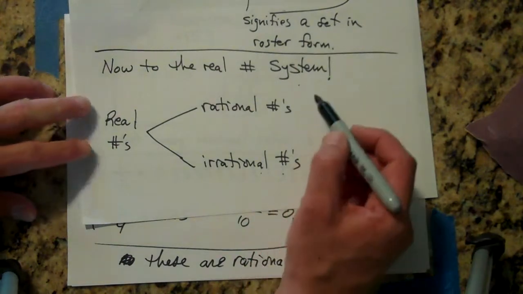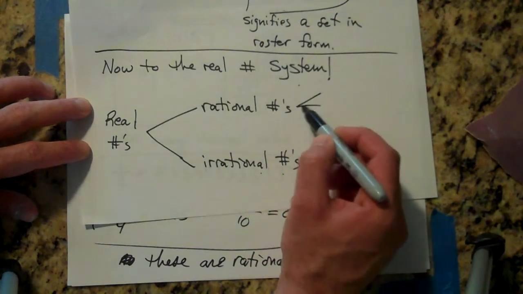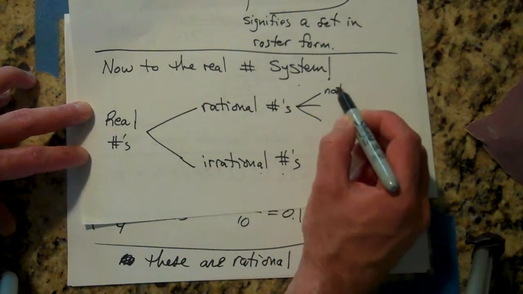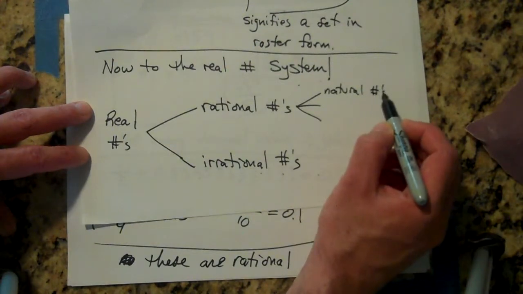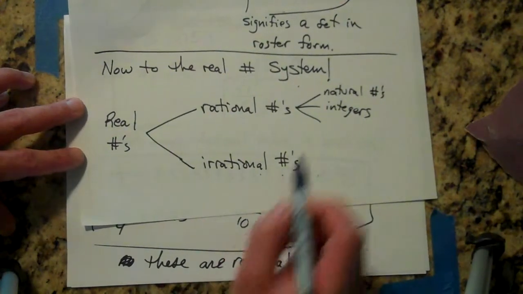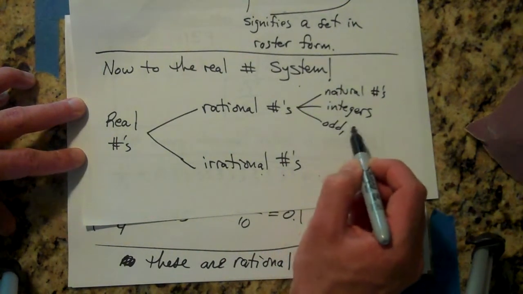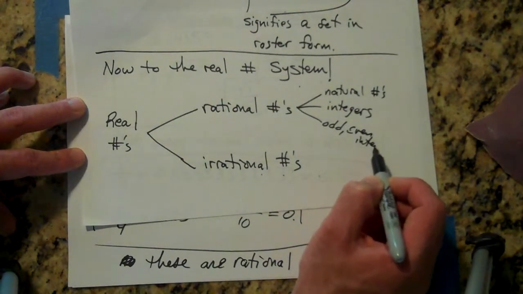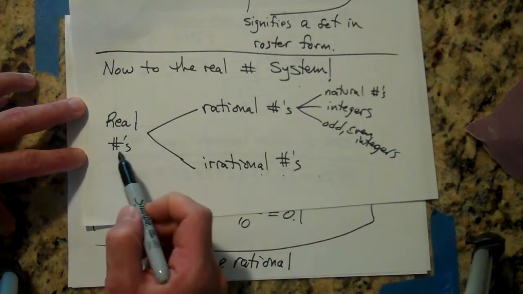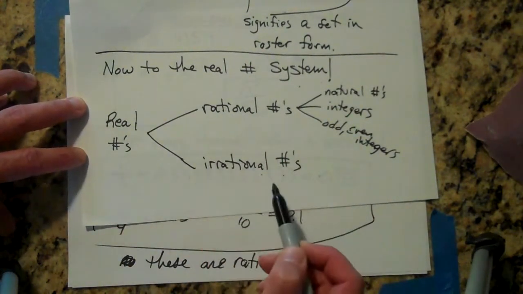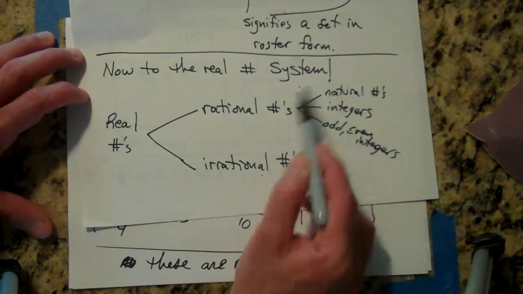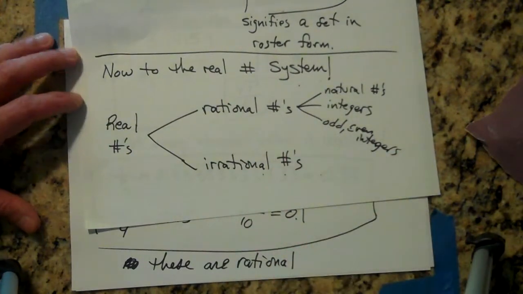Rational numbers, if you think about it, can be comprised of a set of natural numbers, a set of integers, say odd and even integers. I don't know. To be honest, in this tree diagram, which is what this is kind of called, because from the real number system we branch off to rational numbers and irrational numbers, and then from there we branch off onto other stuff. This bit right here is redundant,